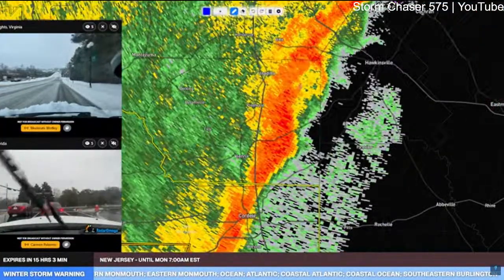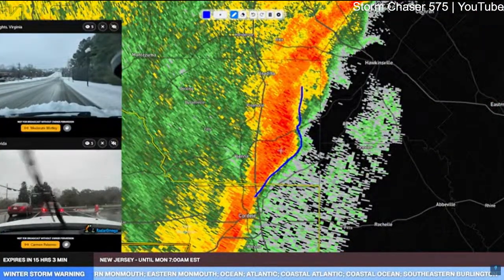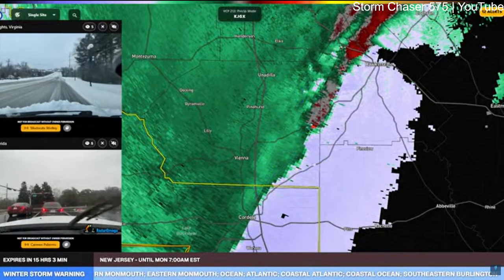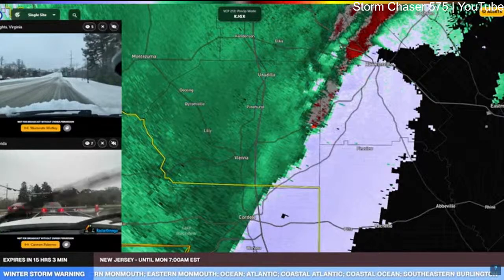A little bit of a bulge in this line near Pineview, Georgia. That's just to the north of Cordele. And there is an area of rotation there, so we need to watch that. We do have a live camera